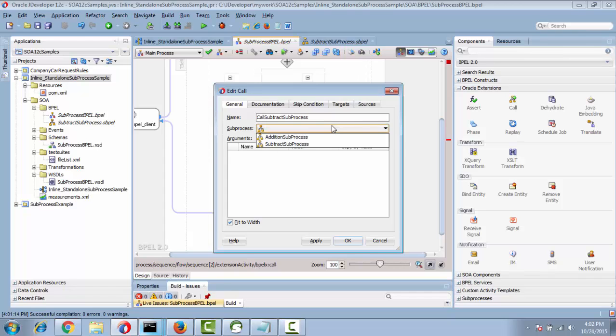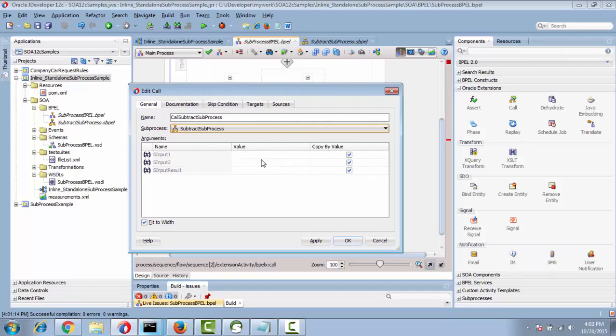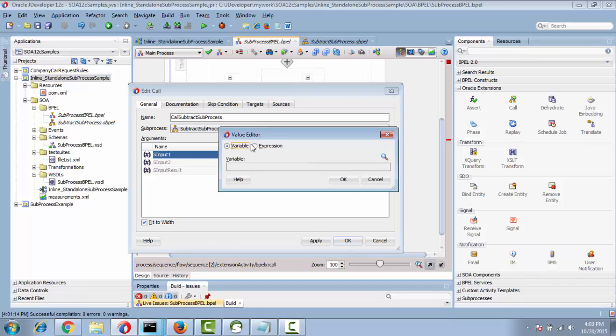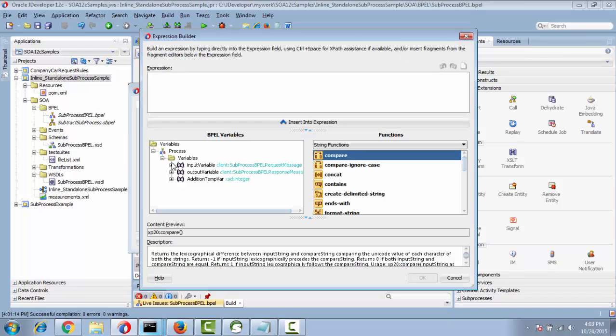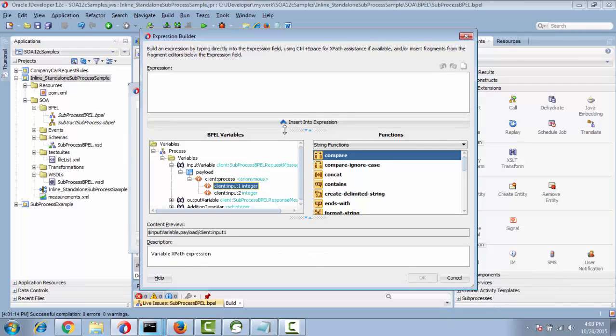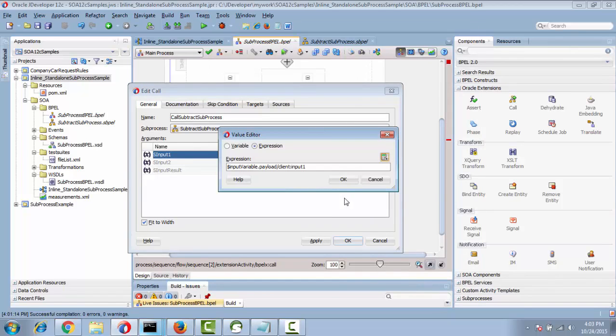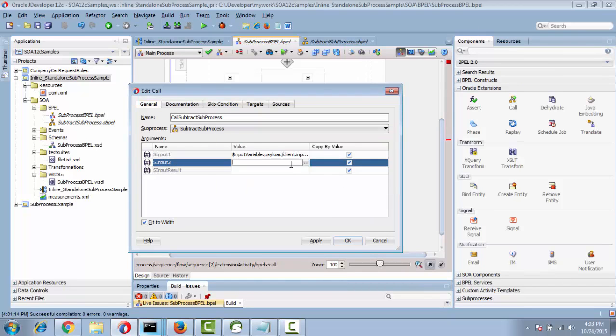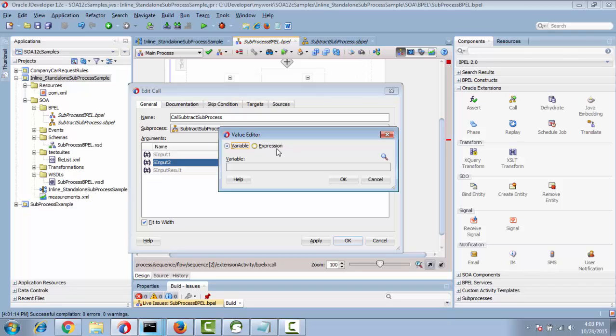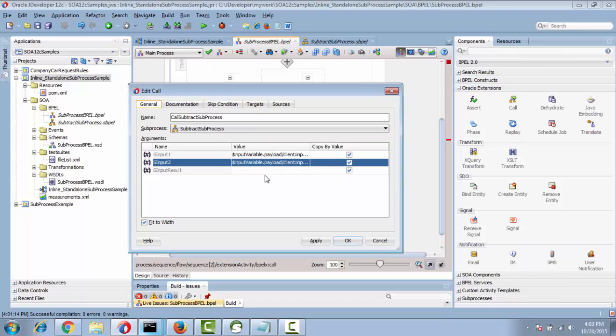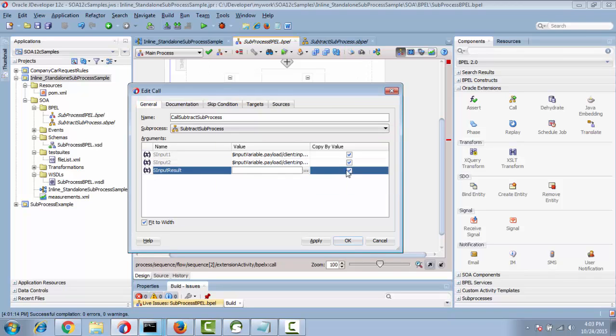Okay, and here I'll select subtract subprocess, and the same we'll assign like this using expression builder. I'll copy, assign 1, and the same as assign input 2. Fine. And for the result we need to copy, just uncheck the copy by value for the result,